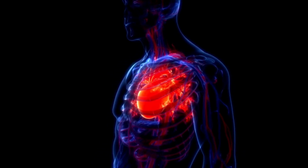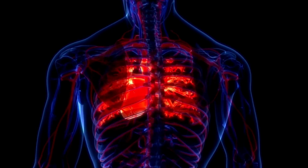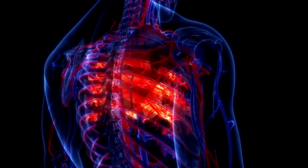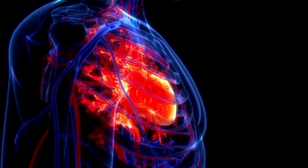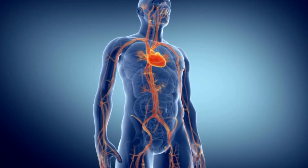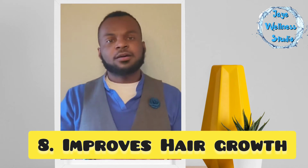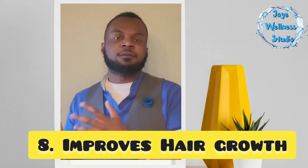Reason being is that infrared light therapy is responsible for balancing the body's sympathetic nervous system, which is basically your fight or flight system. This can help combat everyday stress. It also holds many benefits for those with anxiety, panic disorders, and depression. And number 8 on our list is it improves hair growth, and that is responsible for the infrared light that